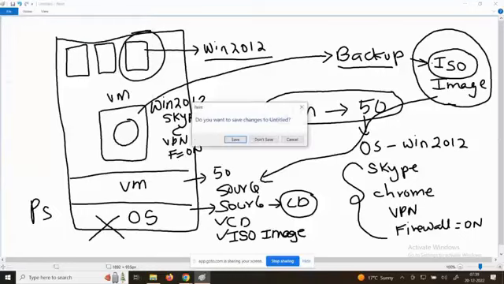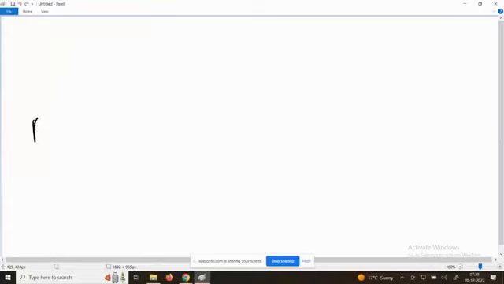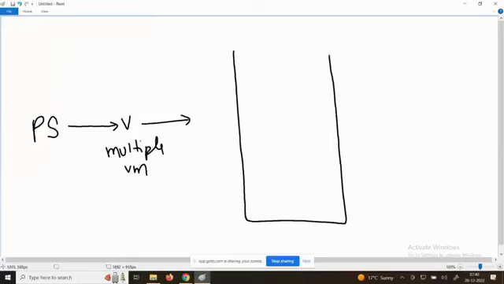What are the things we know? We had one physical server, yes or no? One big physical server. Now we went for virtualization. With virtualization, you can create multiple virtual machines, yes or no? Now the new thing: you will purchase one physical server again. You will buy one physical server and install an operating system. This has 1 TB of RAM.